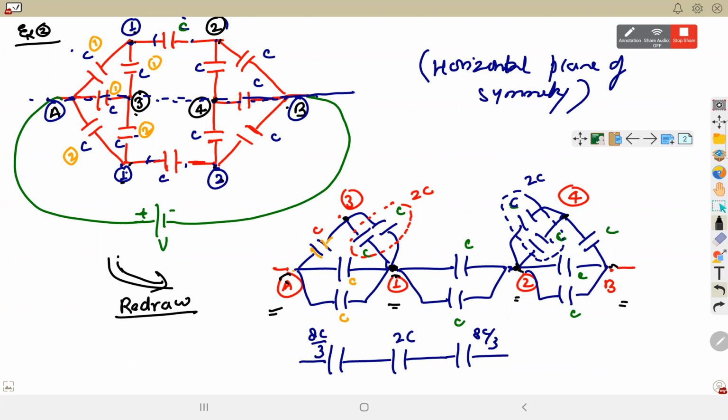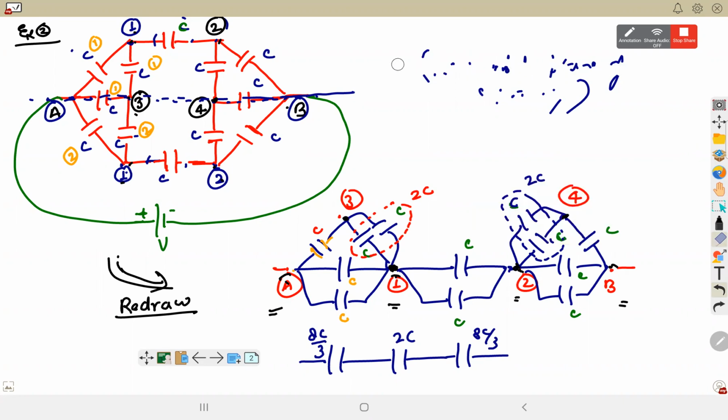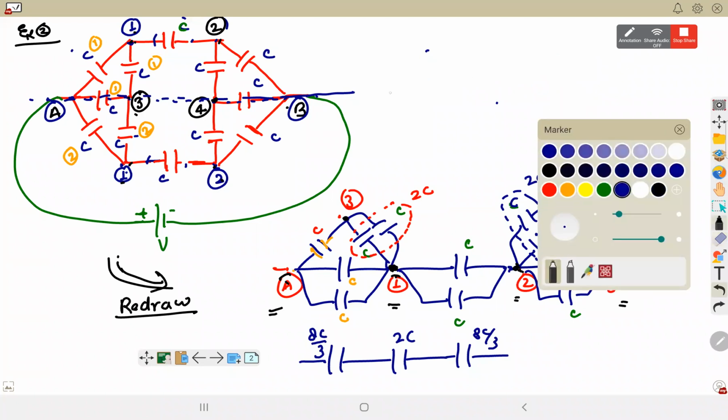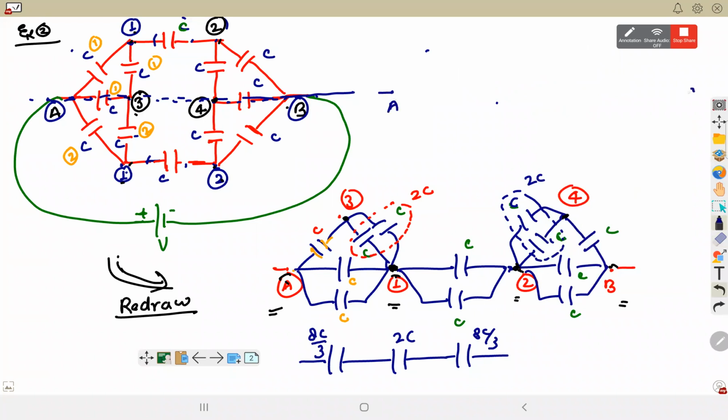Okay. So it's because 3 is not connected to 4. It's not necessary that you do it like this only. You could have taken it in the same line as well. But 3 should be between A and 1. Okay sir. Initially, the one that I read, I took A, 1, 2 and then 3, 4. That will be a little complicated. Yes, sir. And the circuit will become twisted. You won't be able to see series and parallel. So symmetry wise, you should take the ones which are connected together.